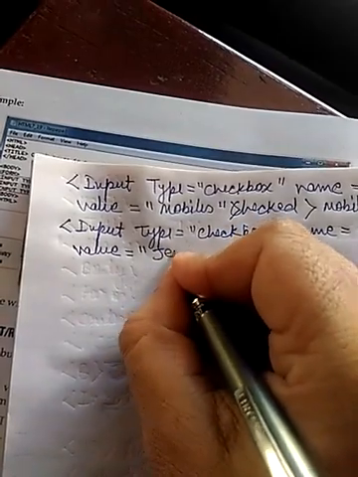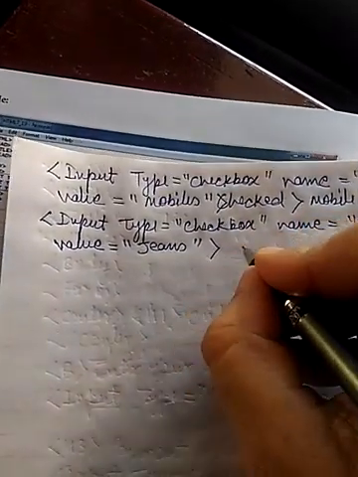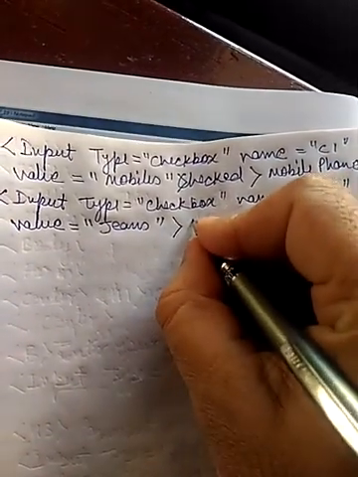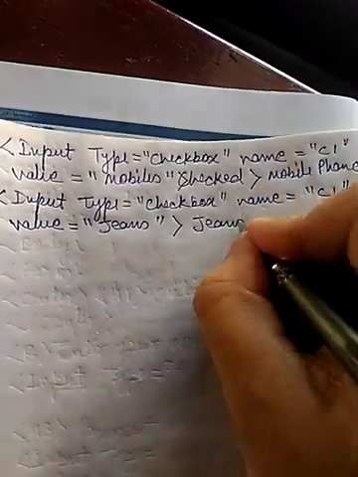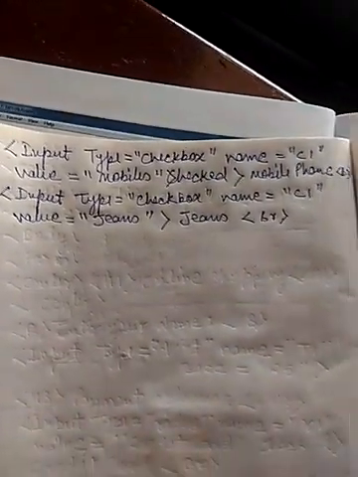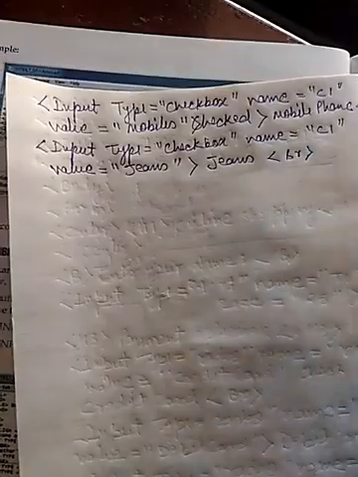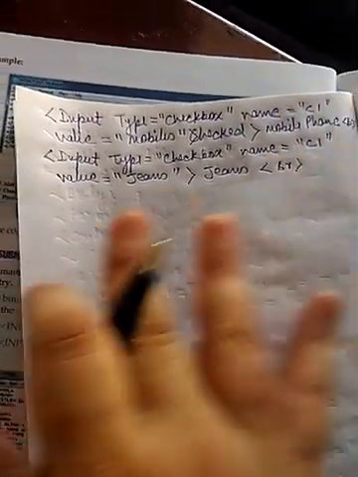Let us say jeans. After that, the text which you want to display, the option is jeans, and break line BR. So in this way we have created a checkbox in which two options are there, mobile phones and jeans. That's why the control is having the same name, C1. In this way you can create the checkbox.